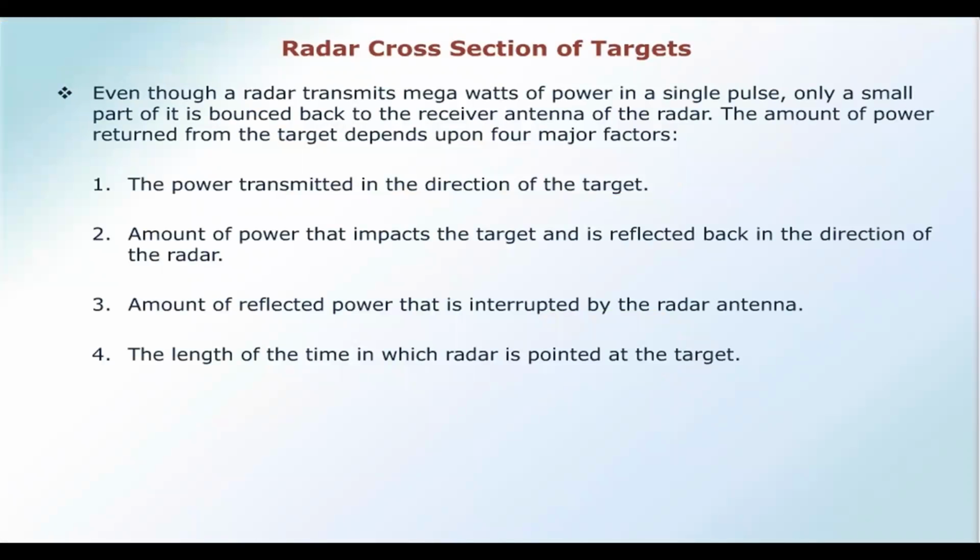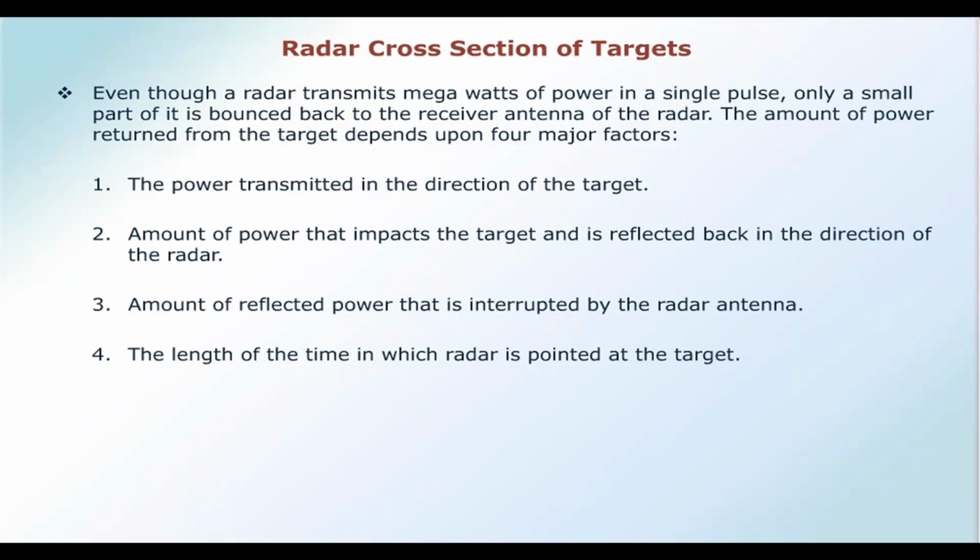So after that, radar cross section. Already we have said that radar cross section is a very difficult parameter to analyze. Why? Because this is a statistical behavior. We have already discussed the same topic in the prediction of the radar range equation. Now let us see what are the parameters which affect the radar cross section area.